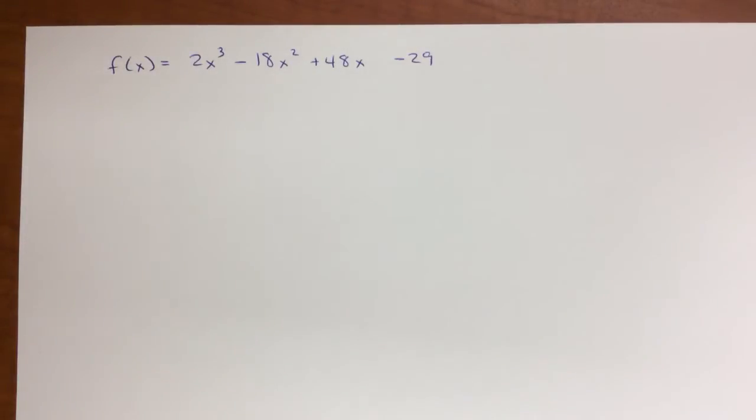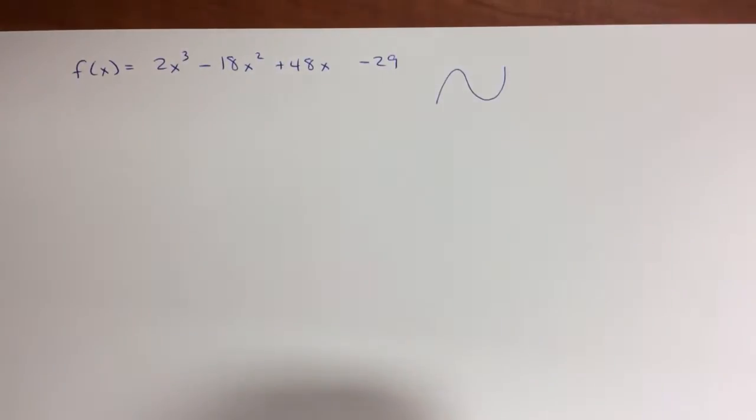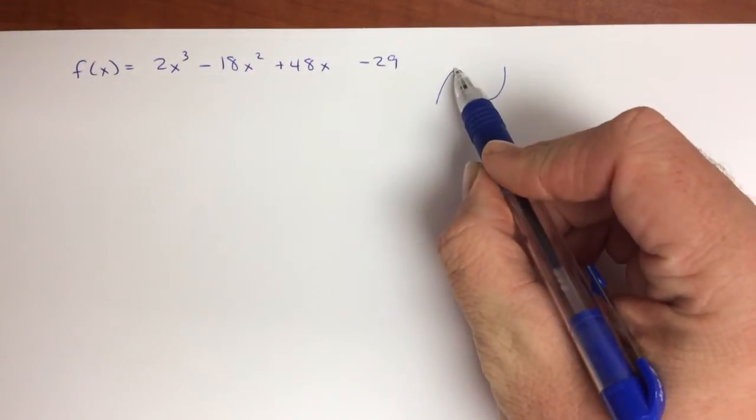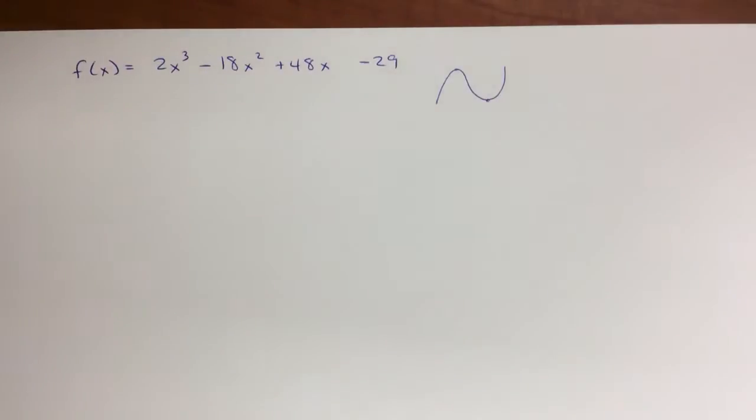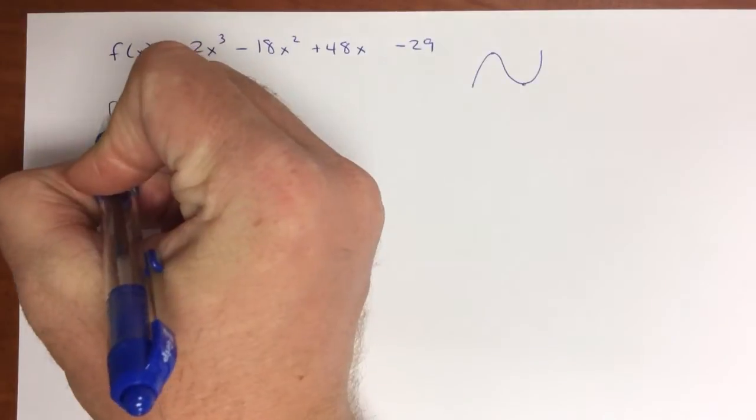Now let's do an example where we want to find the relative max or min, or we might call the relative extrema, of this function. Being a cubic function, it's going to have a shape something like this, such that it's going to have both a max and a min within the function depending on the value of x. So the first step I need to do is take the first derivative